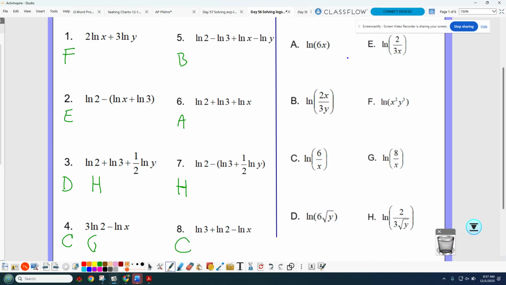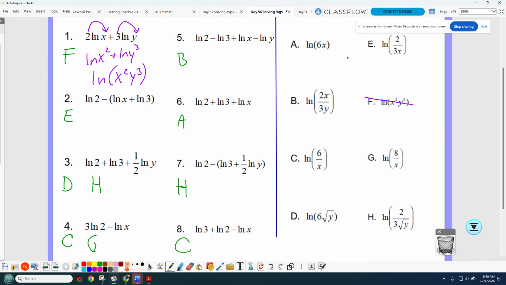So I didn't see anyone that disagreed for number 1. So as a reminder, those coefficients up front come in as exponents. We got to do that first. And then addition across logs is what inside? Multiply. And that does look like F. All right. Subtraction, ooh,